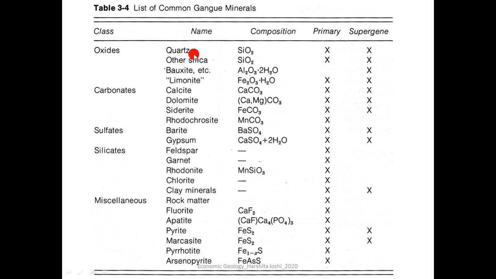While extracting the metal, all the elements which are not useful for us in terms of metals or non-metals are known as gangue minerals. So you may get oxides, carbonates, sulfates and others as gangue minerals. Sometimes quartz associated with gold may be present as a gangue mineral. Otherwise, quartz is also useful economically. Okay. So you have a complete list of all these minerals which are said to be gangue in some cases, but sometimes